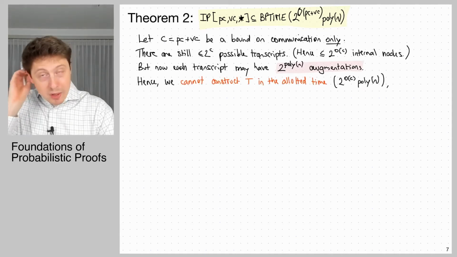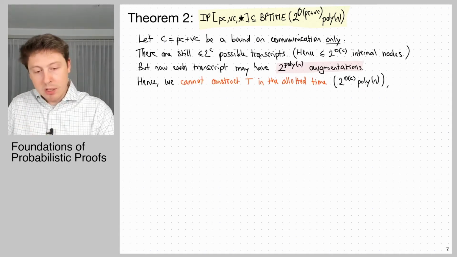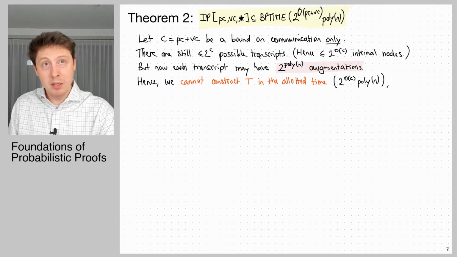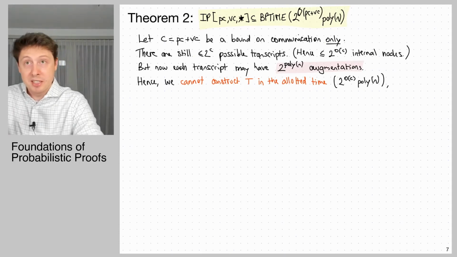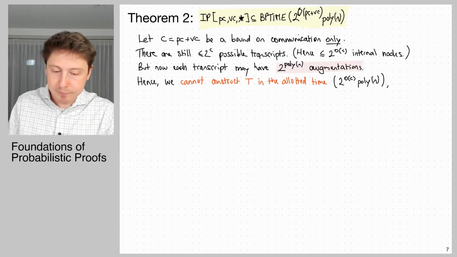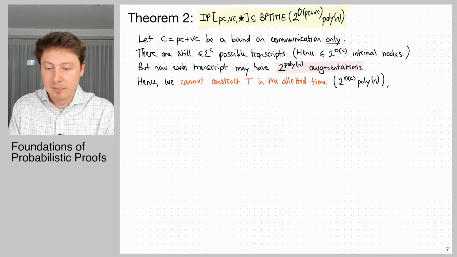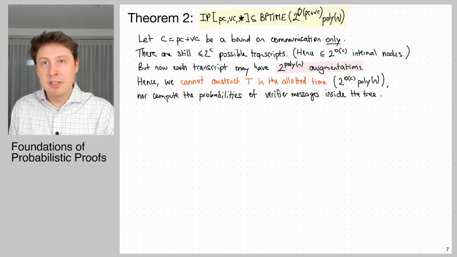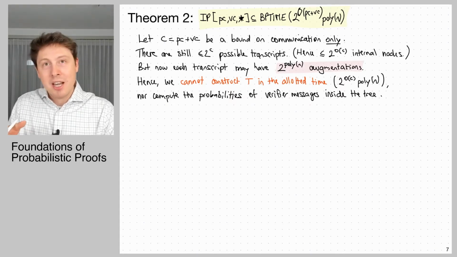So actually, now we are at a point where we cannot construct the game tree in the allotted time explicitly. Our allotted time is 2 to the O of C, but we do not have 2 to the poly n. Poly is just some arbitrary polynomial, whereas C is a specific quantity, which you think of as small. And in fact, we cannot even compute the probability of verifier messages inside the tree, because to take the weighted average within a node